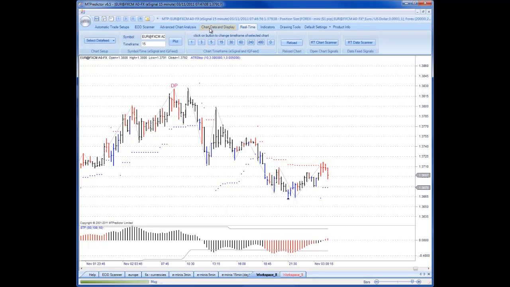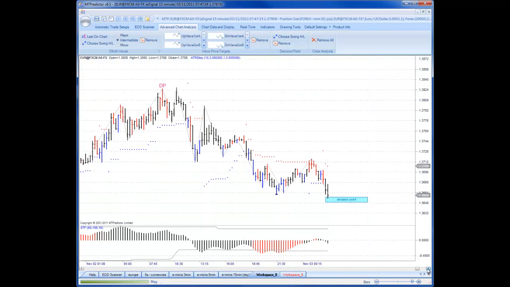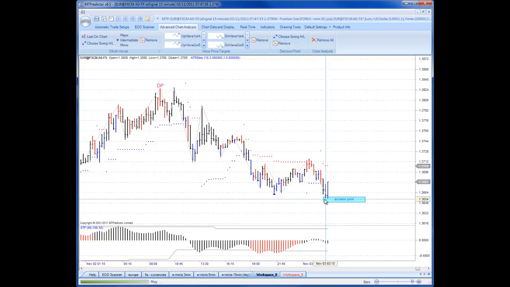So let's just place the DP on the chart here. Dead easy. Select decision point tool, click choose swing high or low, click on the prior pivot, and there you can see it's on the chart in advance for you. And you can see it's down here to around the 36.57 level to 36.51. So it starts at 36.57. So let's move forward, and you can see how the euro came down, went into this decision point level,